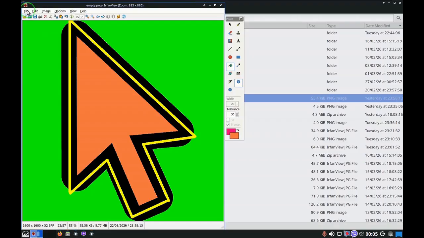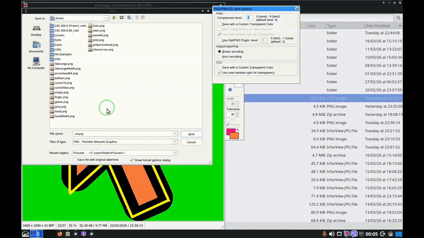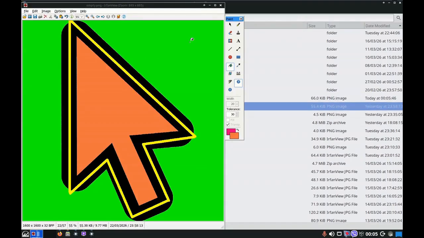So let's save this first. I saved it to Annex originally, so I want to save it back there, and it's not empty anymore, so we'll call it full. That'll do. Now we have a couple of things that we need to do, which is crop all the unnecessary stuff off. So to do that, let's go back to the arrow,